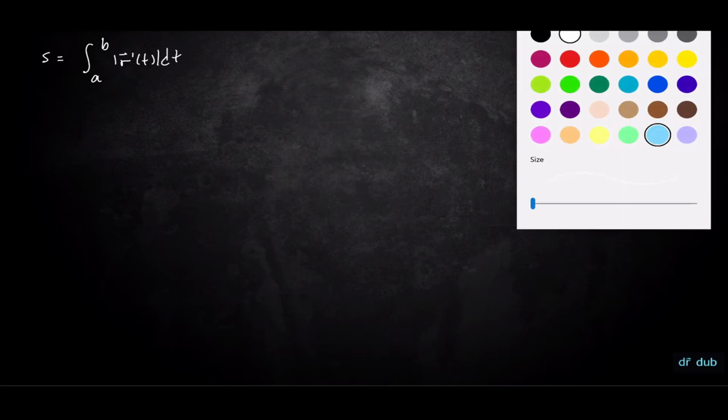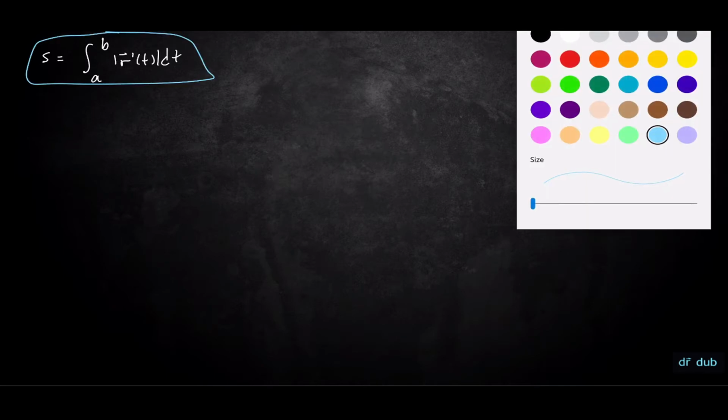Okay, so if we highlight this as its own formula, then the arc length S is equal to the integral from a to b of the magnitude of r prime of t, dt. So that is the formula we're going to use when we're calculating arc length. So let's look at an example of finding arc length. The example says find the length of the curve C given by